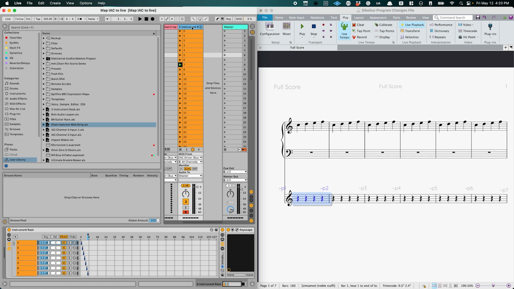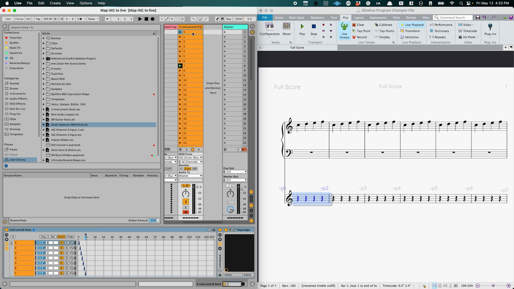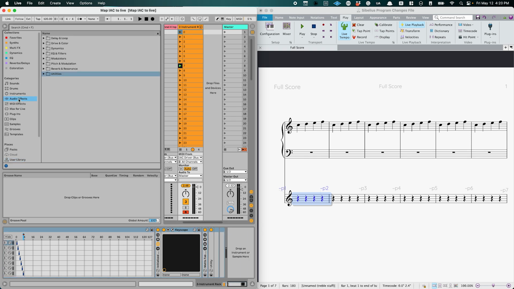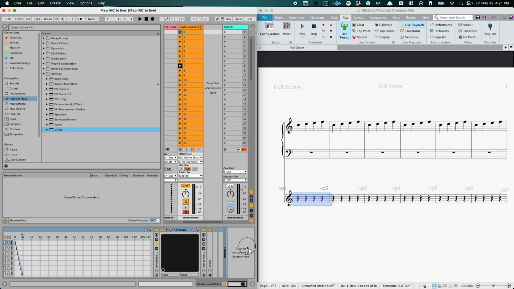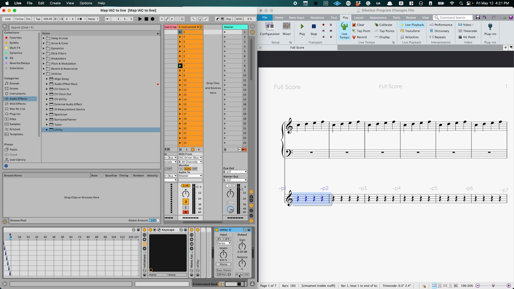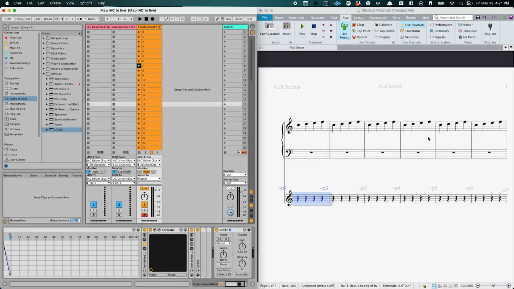If you're trying to do something, I just figured this out today, if you're trying to do something where you have a reverb turning on and off, when you do a patch change in MainStage, it doesn't cut the sound off before. In Ableton, it does. And the way that you prevent this is if you go into utilities and you drag a utility on, you can automate the mute button. And when you mute, instead of turning the device off, it lets that reverb or whatever effect that you use keep going on. And so that makes it to where this whole thing works just like MainStage does, functionality-wise,